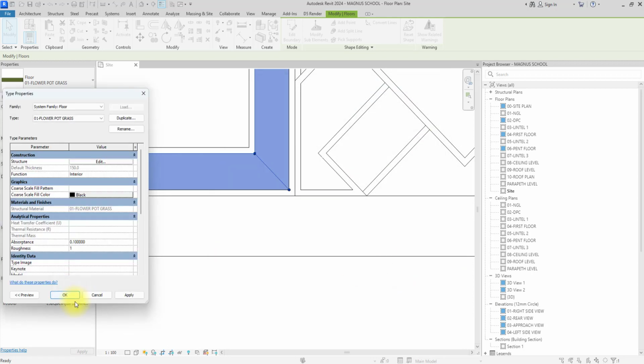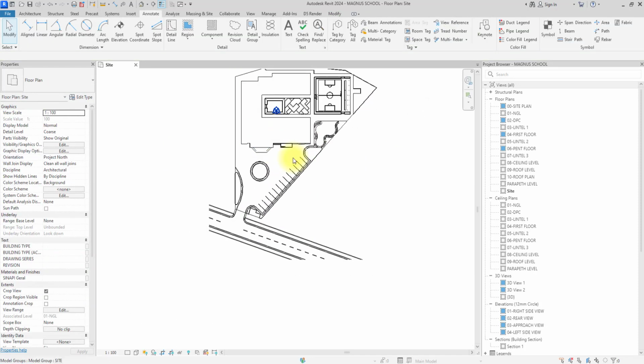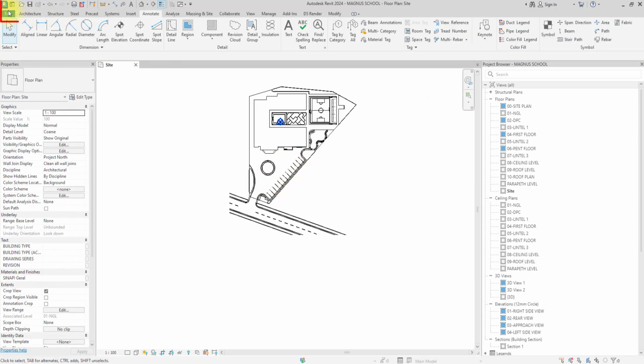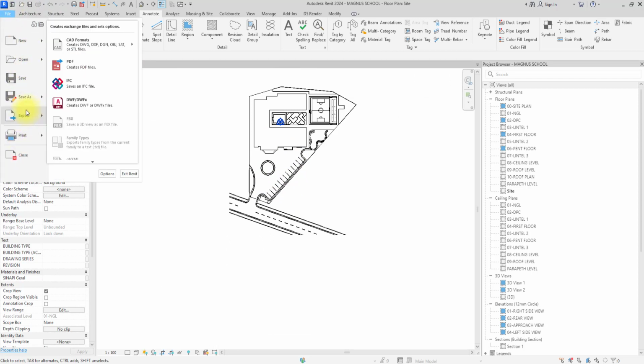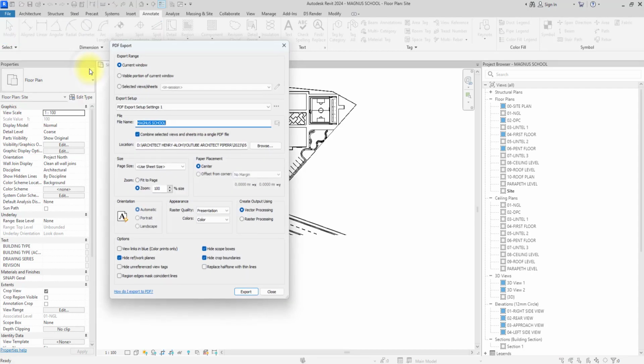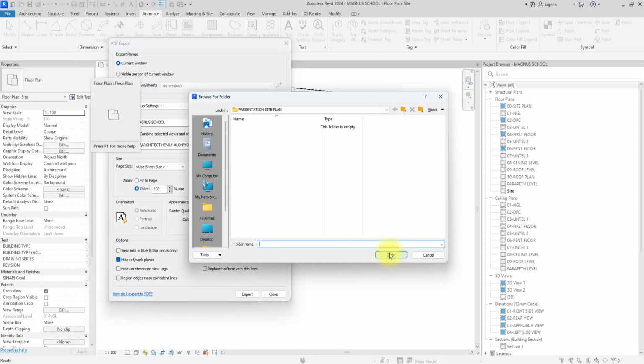Then we're going to click finish. Okay, so as you can see, our site plan is now ready for export. To export, I'm going to go under this file tab over here, then go to export, then PDF, and I'm going to select where I want it to be, and I'm